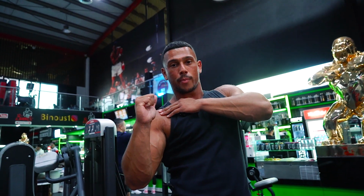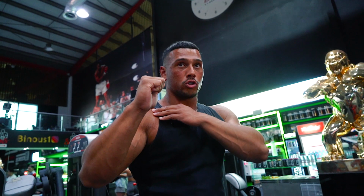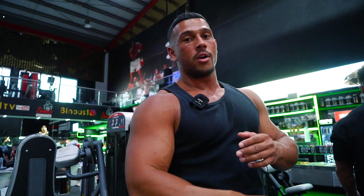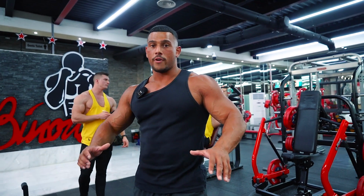Don't drop your arm completely because that load's just going to be lifted up and held up by your arm, not tension on your shoulder. So keep tension, pause for 1 second, drop explosive power, get that 1 second squeeze in the shorten range and the lengthen range. So next up, we've got a converging machine press, which is very good because it takes the